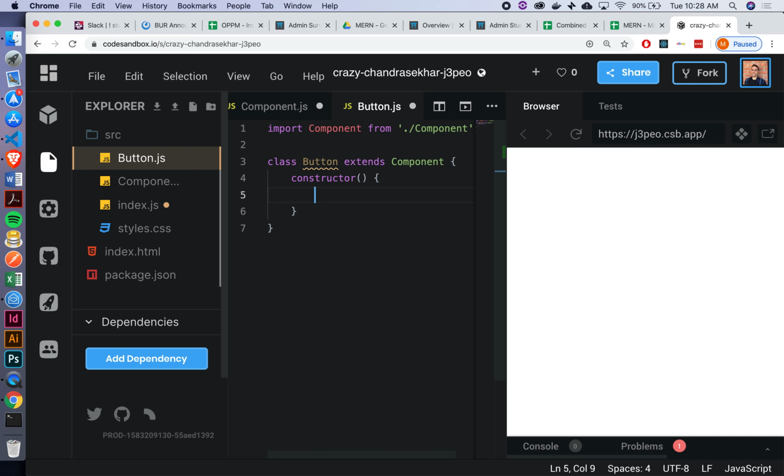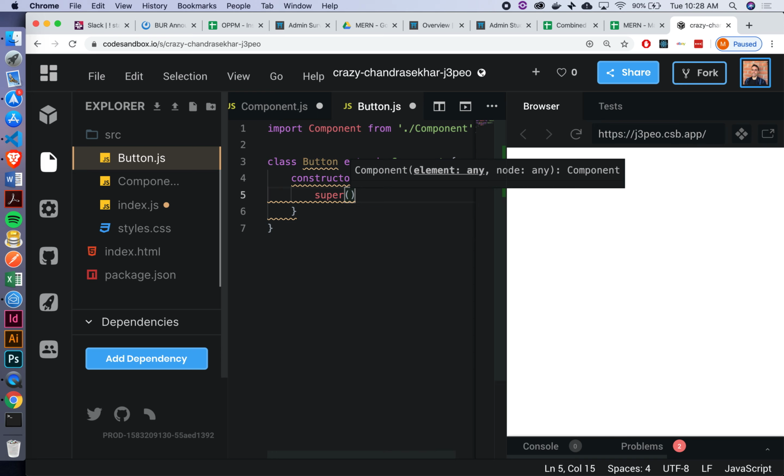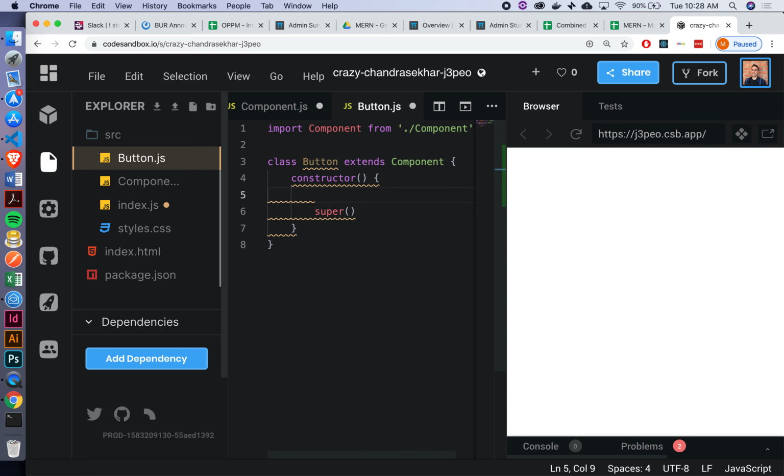So how did we say we're going to do that again? Super. Okay. And so what is my super going to need to take? An element and then a node, right? Okay, do I have either one of those things just yet? No, because I haven't yet created a button inside my constructor. So maybe I should probably create that, right? So let's say something like const